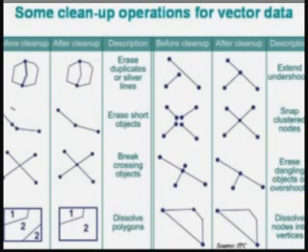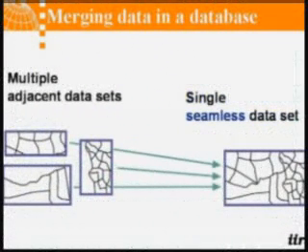And then there is a cluster of points that are not joining exactly. So with snap clustering of nodes, if you give a snap tolerance, it will automatically join those. Then if you have an overshoot, that can also be eliminated. If you have additional nodes, those can be removed. If you have three maps with the same projection, you can join them together and make the combined data set.